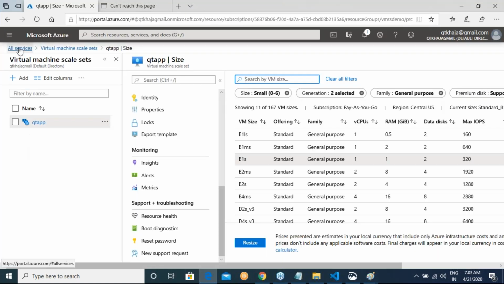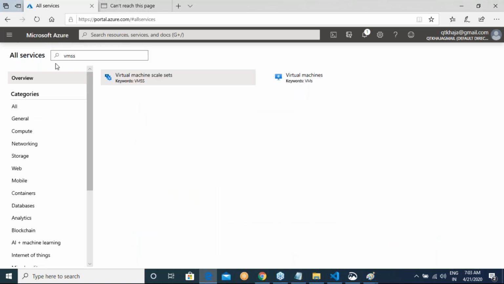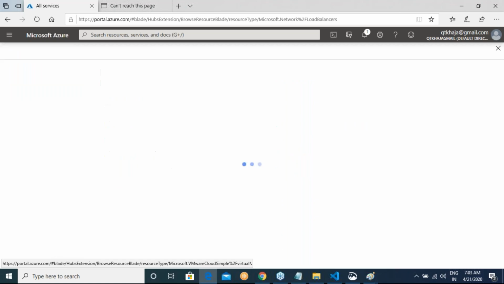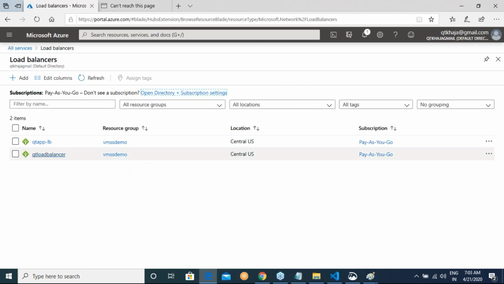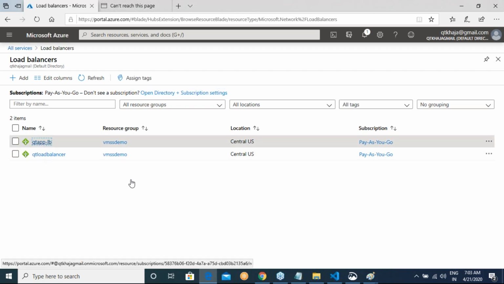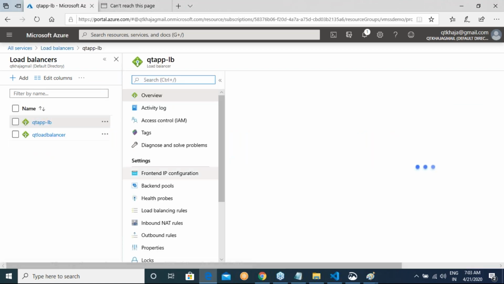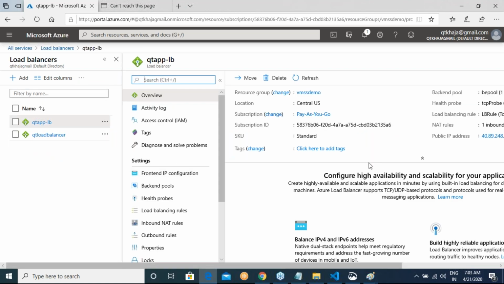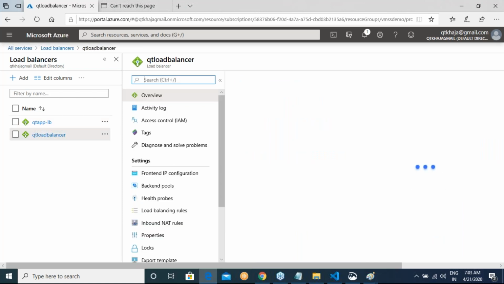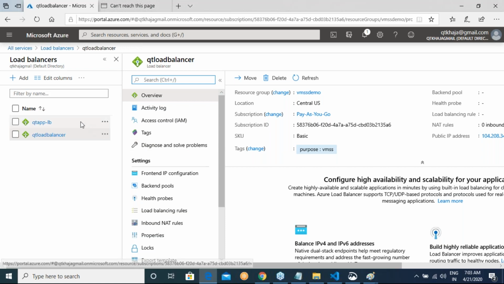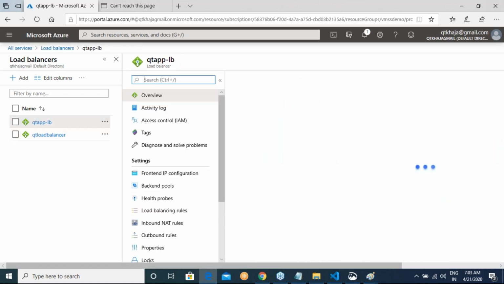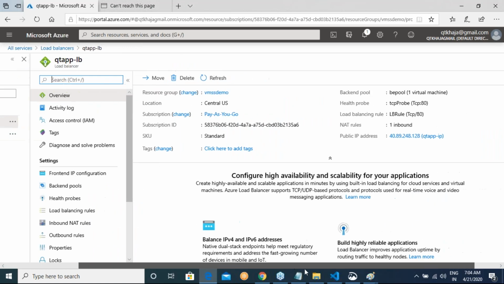Now, due to that, what I'll try to do is go to load balancers. I have Qt load balancer and Qt app load balancer. One I created yesterday, one I created now.